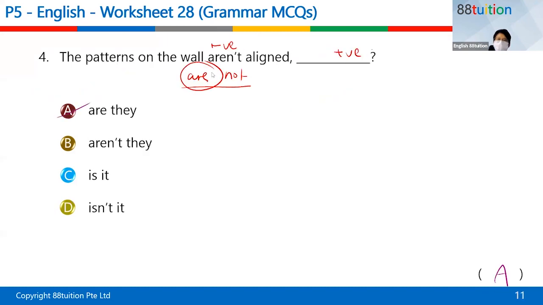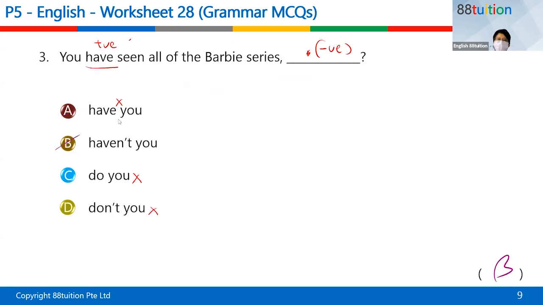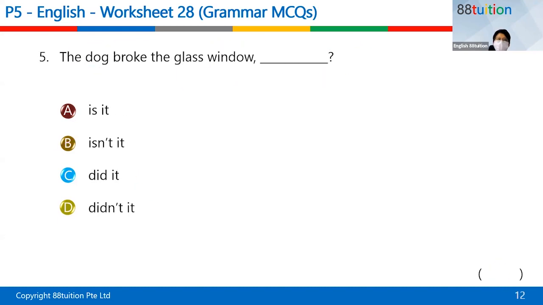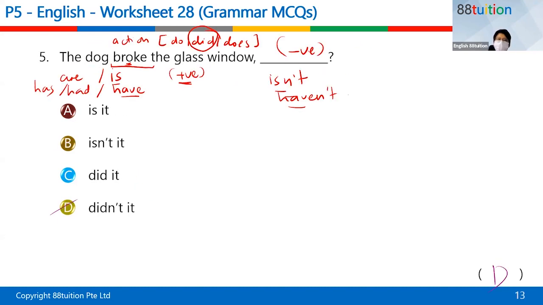okay, so this one will be R, right? So therefore the answer is R. See, this is have, and therefore the base, it will be here. Are you okay, Ken? So I hope you understand. This one will be okay for you because your P5, these are things that you need to take note of and have a good foundation in. All right, so I hope you all can get 5.5 for this.